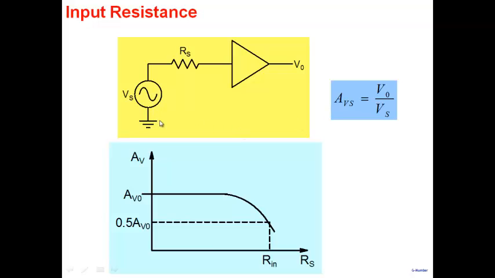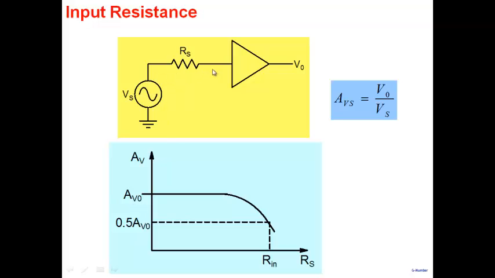Let's look at it from the input side here. Input resistance. Well, now we know what is the effect of RL. So for a moment, I've removed the effect of RL here. And I'm now interested in RS here. And we are defining the voltage gain as V0 by Vs. What effect does RS have on my amplifier here? V0 by Vs is the gain. And then I plot it out. When RS is 0,